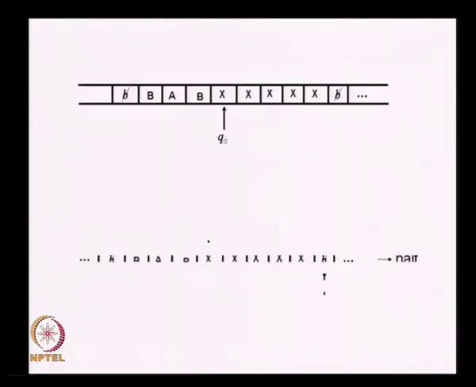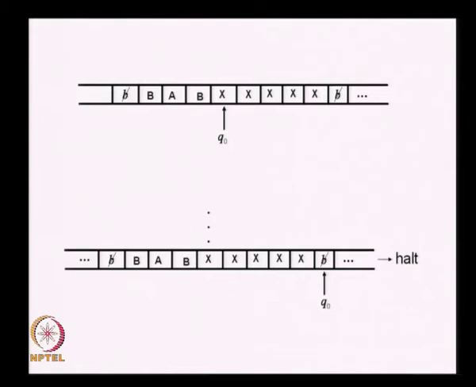Now in q naught it looks for a 1, but it does not get a 1, it keeps on moving to the right until it sees the blank in q naught. At this stage it should be understood that it has converted all the ones into x's and so it halts. So, the number 5 is again here the output, the binary number for 5 is this, the unary number has been converted into the binary number.